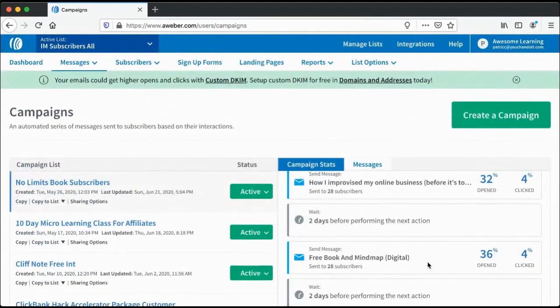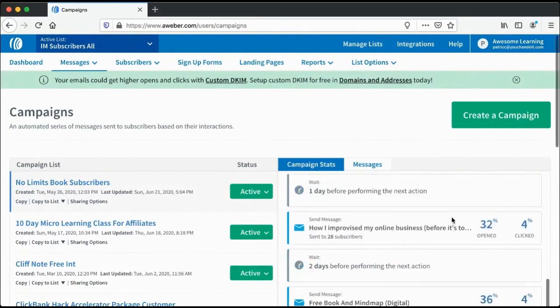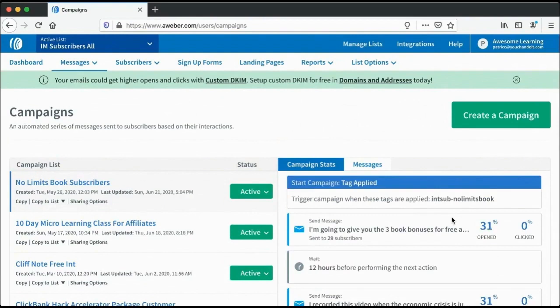So do you start to understand how autoresponder works? They are sequential emails that are unique to the person who subscribed. So it is crazy. To me, this is like the best digital marketing tool ever invented, all right? Because I can set up all of the automation for the emails.